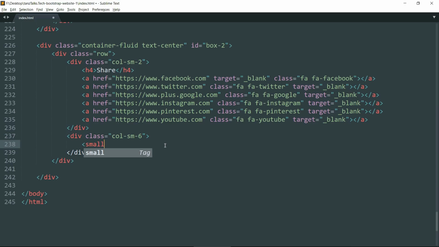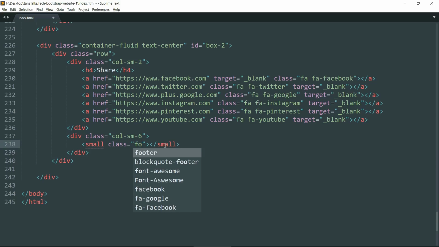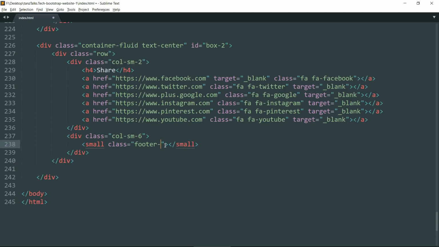Now create a small tag and let's give it a class of footer hyphen small. Okay, and write designed and developed by, close small tag.